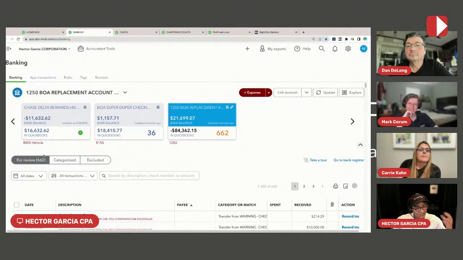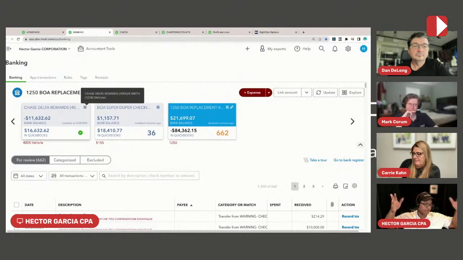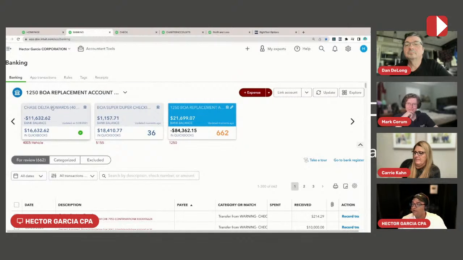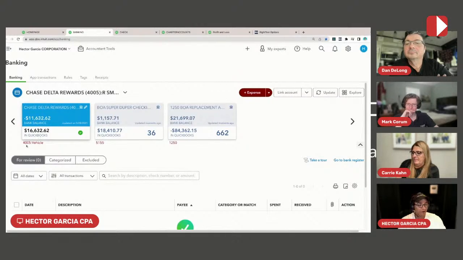The other feature, and it was actually suggested by an employee of my firm, is sometimes we will have credit cards with sub accounts. We will have a lot of sub accounts and accounts that are so big in terms of number of characters in the parent account and the sub account, that up here in the top, you don't even know which credit card you're working on. Right, you have to click on it, or you have to hover over it. So what we've done is, if you turn on this feature, anything that you have in parentheses in your chart of accounts will show up down here at the bottom. Okay, so for example, I put